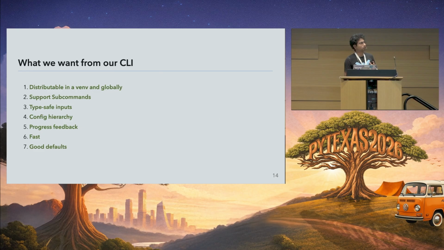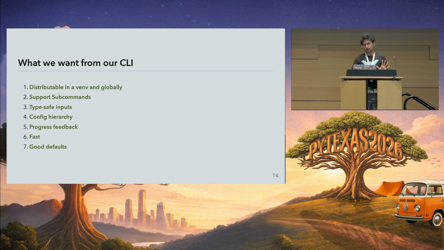Then there should be some kind of a config hierarchy. What do I mean by that? If you pass a flag, that flag should take the first priority. Then if you have an environment variable, that should take the next priority. And lastly, the defaults that are set in the CLI should take the last priority. Then some kind of progress feedback. If it's a long-running job, just staring at a blank screen, like I did with the VI example, does not make much sense. So you need some kind of feedback coming in. It has to be fast, and it has to have good defaults, because that gives some lazy users a chance.